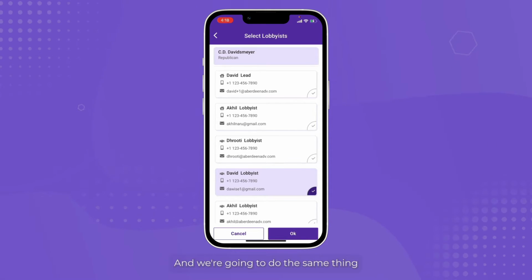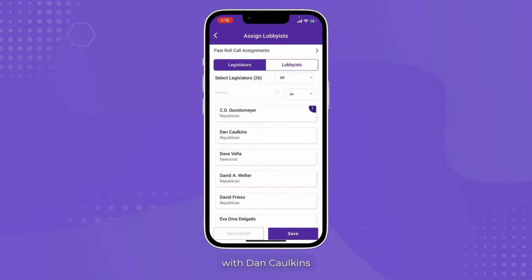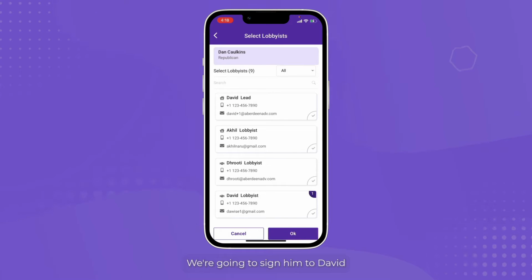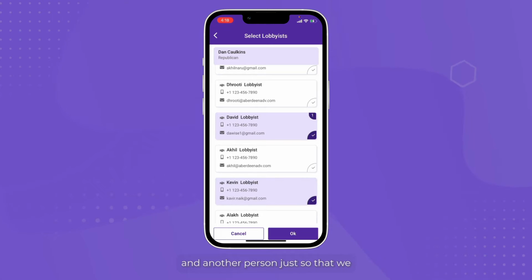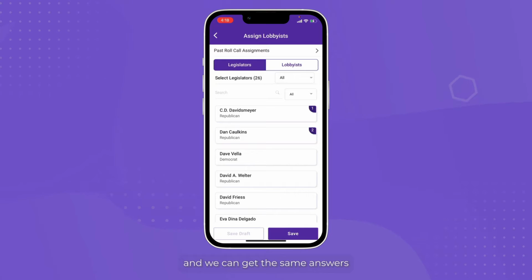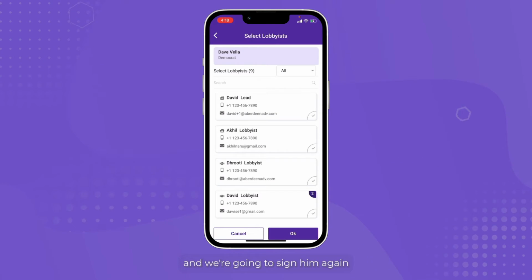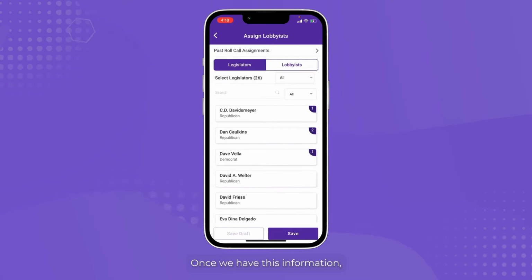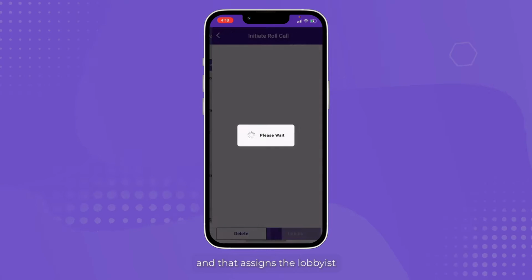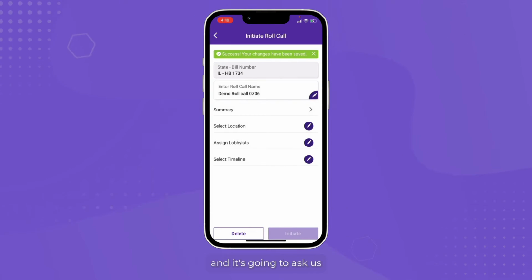And we're going to do the same thing again with Dan Calkins. And this time with Dan Calkins, we're going to assign him to David and another person, just so that there are 2 people looking at them and we can get the same answers. And this is a judge to see how both people are voting against each other. And then we have Dave Vella, and we're going to assign him again to Dave Lobbyist here for this example. Once we have this information, we click Save, and that assigns the lobbyist, and it's going to ask us for